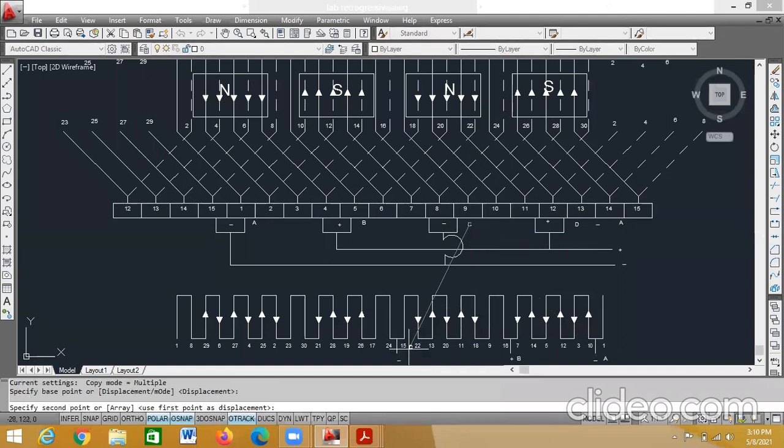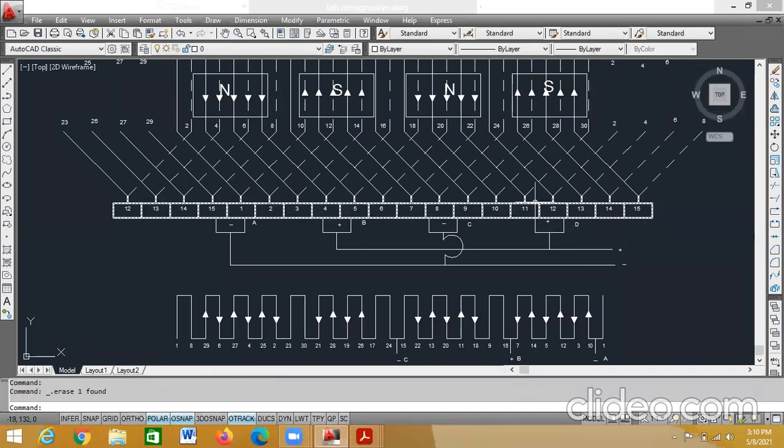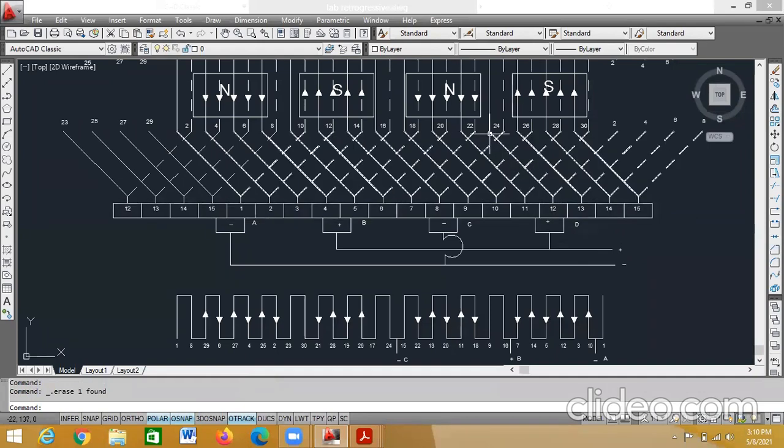See, again, you can use single line text and again you can type, or just you can copy paste, that is left to you. Next, the last brush D. Positive brush D, where it is coming. Positive brush D is for this connection, that is 23 connected to 2. 23 to 2, this connection.